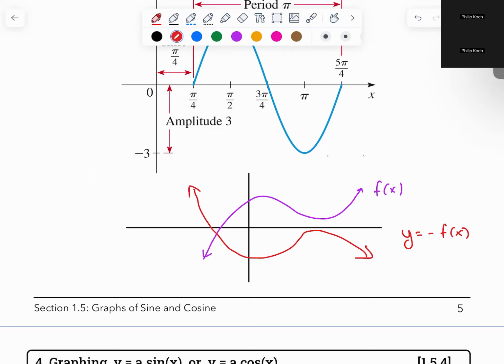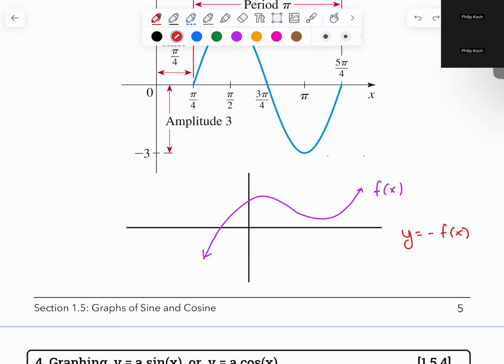But regardless of how you're measuring it, it's still the distance from the midline. So we want to put the absolute value signs in front of it to make sure we just choose the positive version of the number. The minus sign won't actually change the distance from the midline. It just makes it flipped. Is that okay? Any questions so far? So that's how amplitude is being defined. Amplitude is just another name for a vertical stretch or compression. It's just stretching the graph or pushing it together.